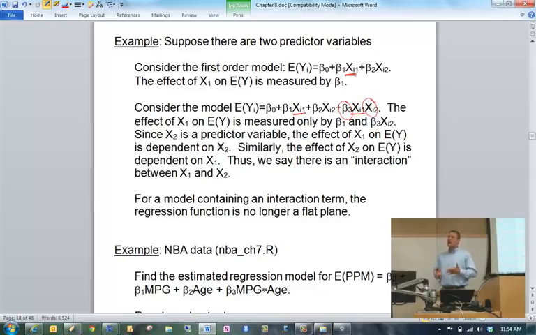And notice since x2 is in there, and that is a predictor variable, the effect that x1 has on the response depends upon the level of x2. Is it 1? Is it 2? Is it 100? You can see that how x1 affects the expected value of y is going to be dependent upon the value of x2. You can do the same kind of interpretation if you want to interpret the effect of x2 on the expected value of y. Well, it depends upon what the value of x1 is. So when we have these extra terms in there, it makes it more difficult to interpret your model.